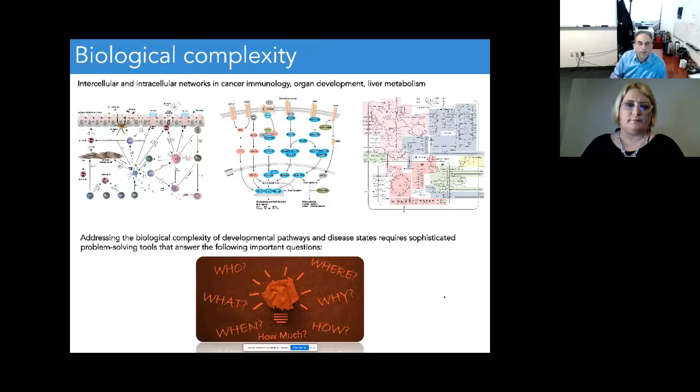And so imagine, for example, we're trying to do this with cancer. We might ask the question who, so this would be cancer patients, or we would want to say only tumor cells within the cancer. What? So what kinds of therapeutic proteins might we want to produce? When would we do this? So it's important to time the production of these therapeutic proteins. Where are we going to do this? So let's focus only on tumor cells and not do this for non-tumor cells. Why are we going to do this?